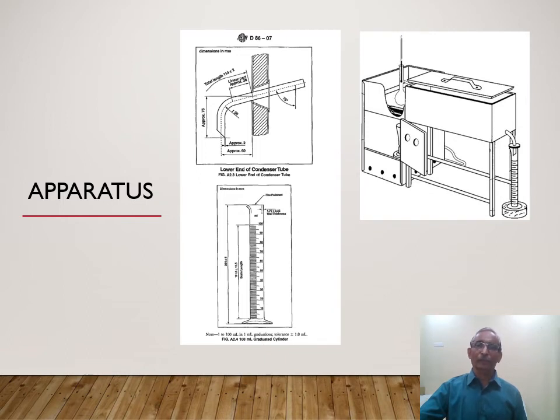If you do not get 37 to 140, then we can say that some dilution has taken place in this sample, and how much percent of dilution has taken place we can identify with the help of this particular distillation method, ASTM. That's why this is a very, very important method to check the purity of samples like petrol, diesel, kerosene, gas oil, because we are performing at the atmospheric pressure.